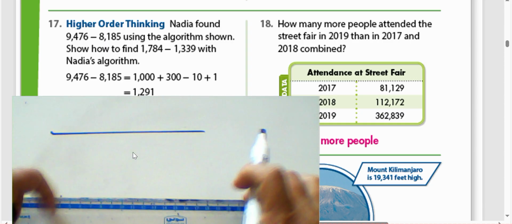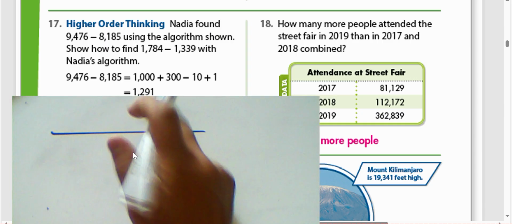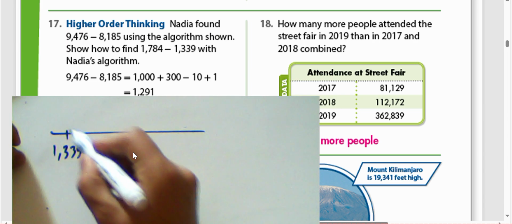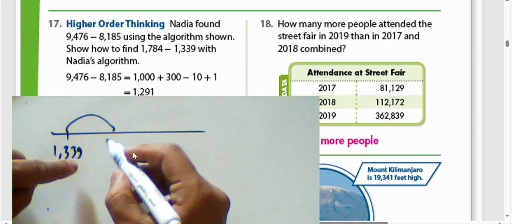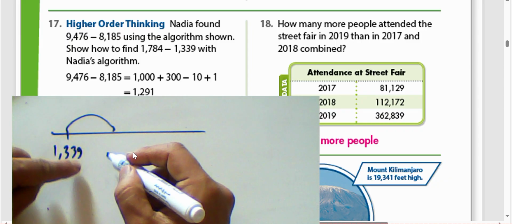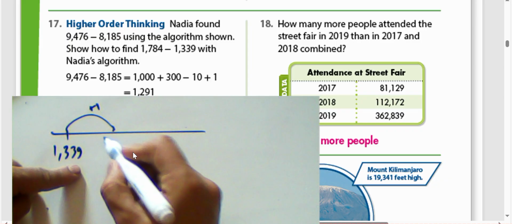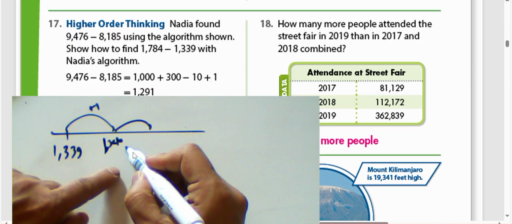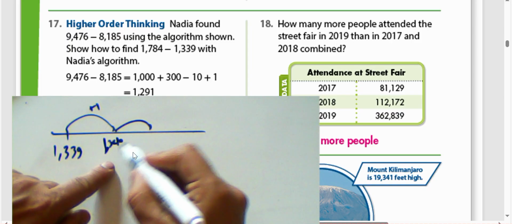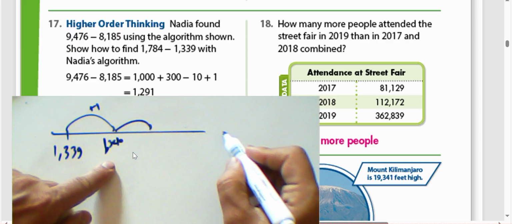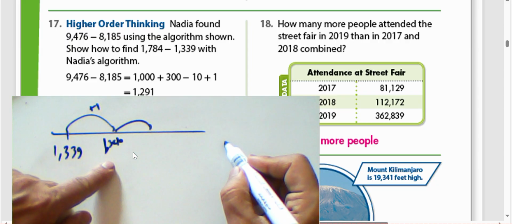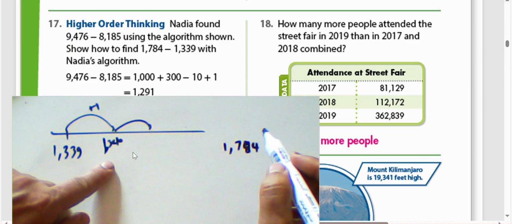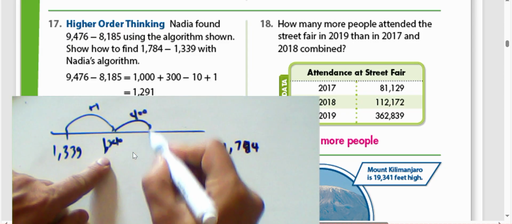We have a number line here. First step, we must put the smallest number here, 1,339. We can add what to get the number? First step, we can add 1 to get 1,340, and then from this number we can add what to get to 1,748? Okay, we can add 400. It will be